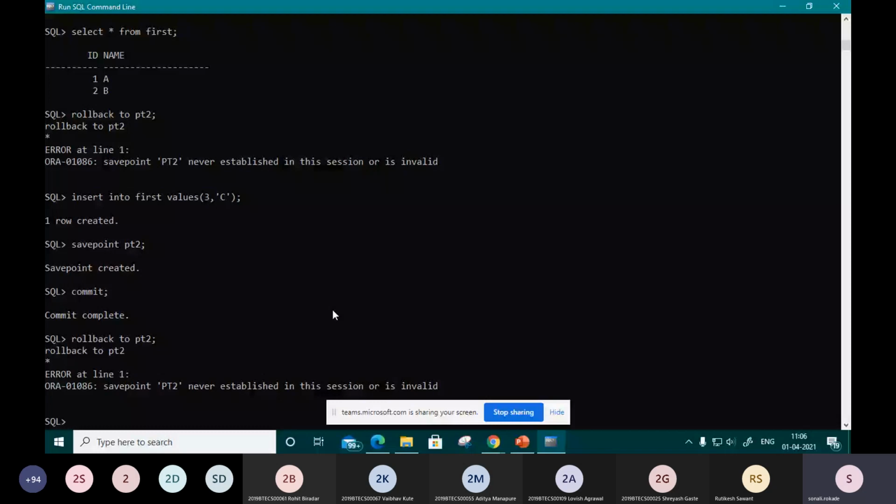Why is it not visible? Okay. We have inserted a value, and the save point was created with PT2. PT2 we have not established in this.